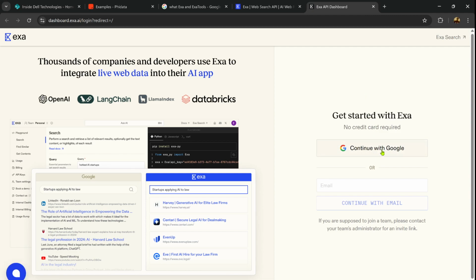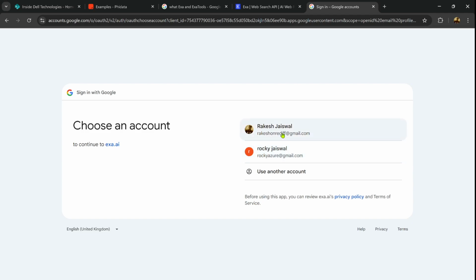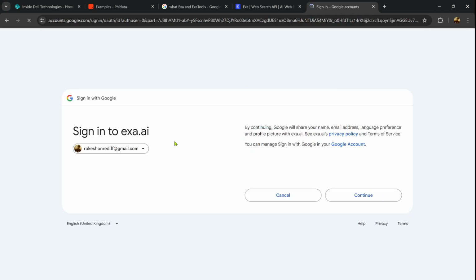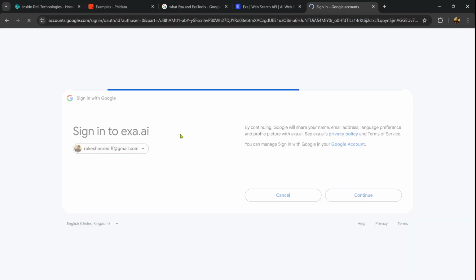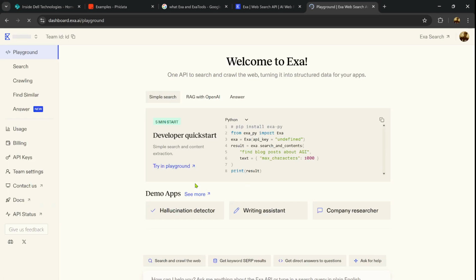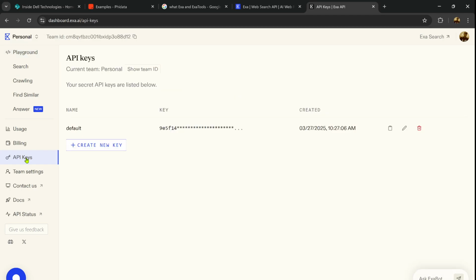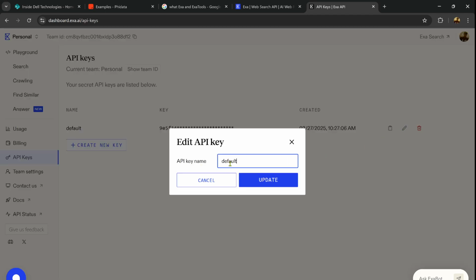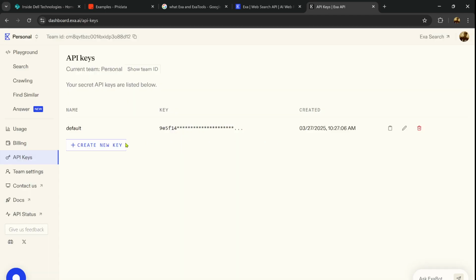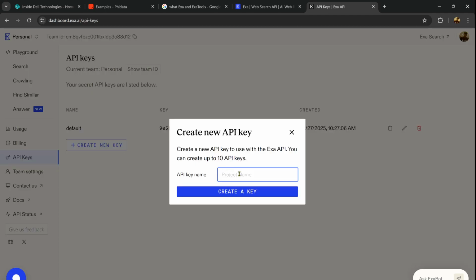So I will log in with Google, and here I will go to the API key, right? And what I can do, I can create a new API key or edit option. This is the edit option, but I will go and create a new API key